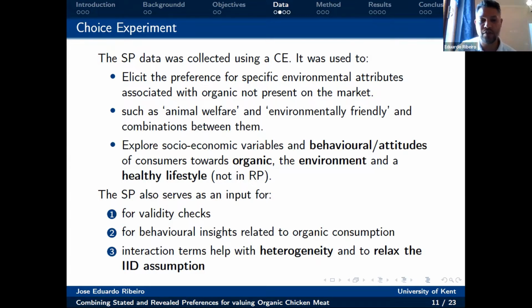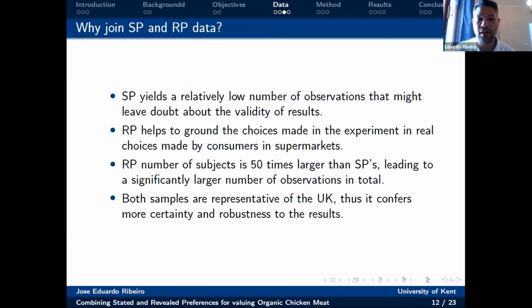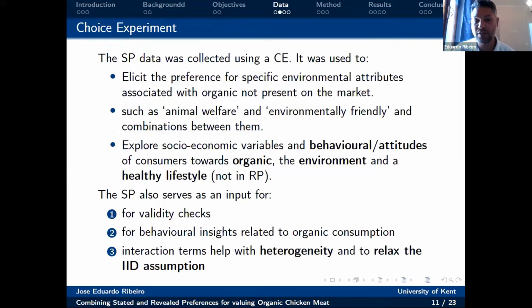One thing that is not commonly used, though there is no novelty in it, was the use of interaction terms between the socioeconomic characteristics, the behavioral characteristics and the attributes, to relax the homogeneity assumption that is common for the model. In this case, the main model for the stated preference was a C-logit. And for the combined data, as I will explain later, I used the heteroscedastic C-logit to mitigate